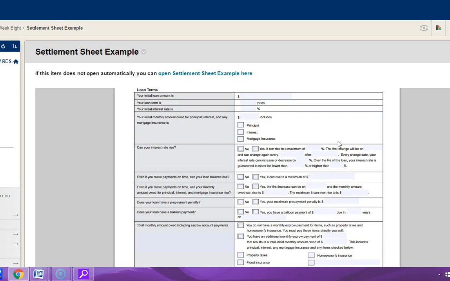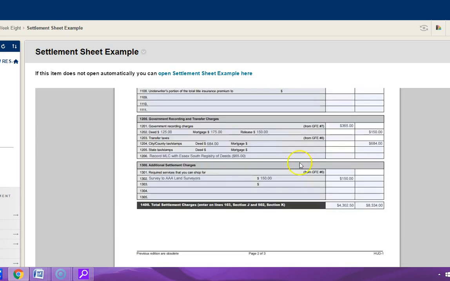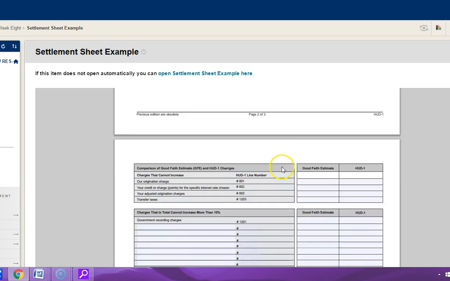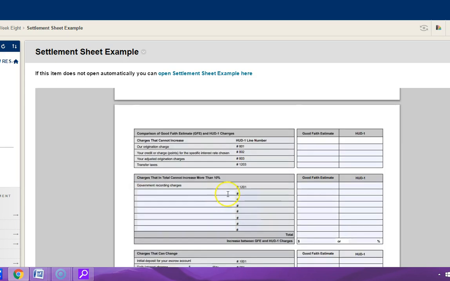Now, if you notice, I left this page blank. This is like what you'll see on the new disclosures, the closing disclosure forms, before you see the settlement sheet portion of the closing disclosure. So it's bigger than this now. It's a couple of pages long, but it looks like this. And you'll notice I didn't complete it